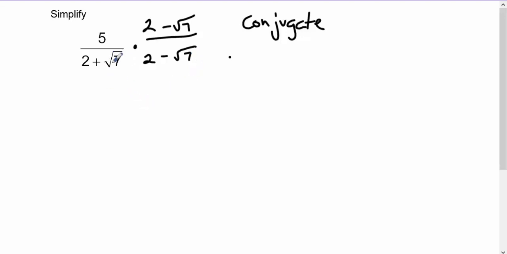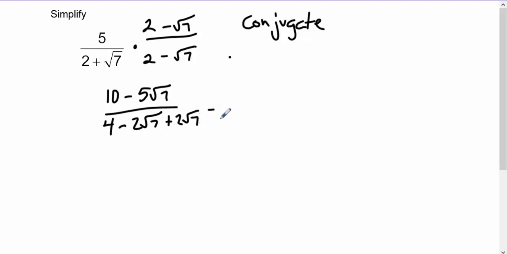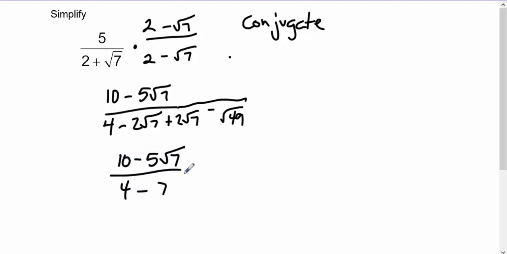And then I'll multiply this all out. So I have a 10 minus 5 root 7. FOIL the bottom out, that's a 4. Minus 2 root 7 plus 2 root 7 minus root 49. And you'll notice the 2 root 7's reduce out, and the root 49 is just a 7. So this is 10 minus 5 root 7 over 4 minus 7, or 10 minus 5 root 7